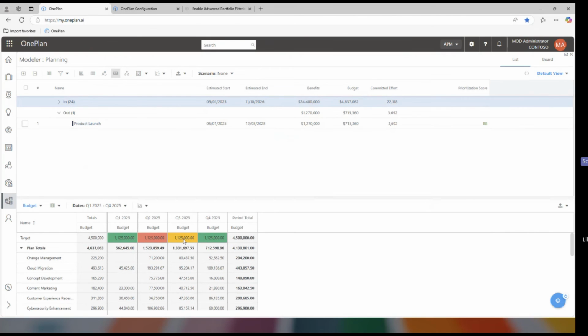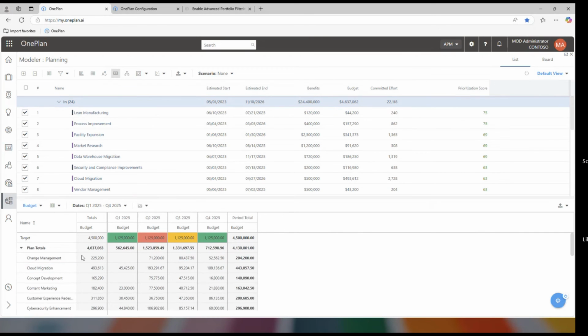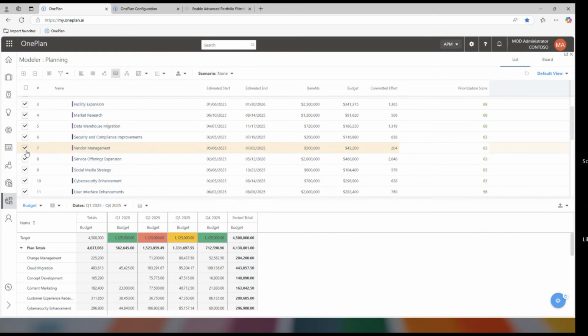It's also going to update this. So I see that I've made some changes to where I'm getting closer to fitting my budget. So let's also bring cloud migration out, which is right here. And you see how the numbers below change. So I get now to an acceptable level where I'm just a little bit over, but I'm actually not over when I look at the full year. So what I've done is I've just done the first part of my scenario modeling, which is limiting the